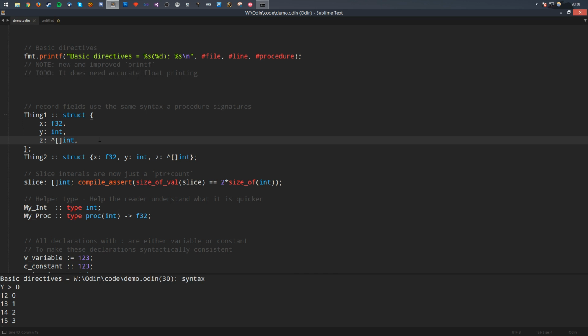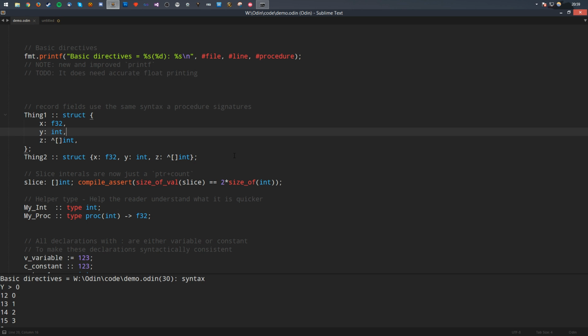Again, records now are just using commas. This is so they are the same as procedure signatures. Is signatures the ML style word? But anyway, that's what I call it. So you can do it inline, like a procedure, and that's one way of doing it. The other reason for doing this is it prevents you from doing nesting within procedures. I originally allowed that, but I might bring it back. But I prefer this style actually because I can do nice inline structs, and they're just as easy to read